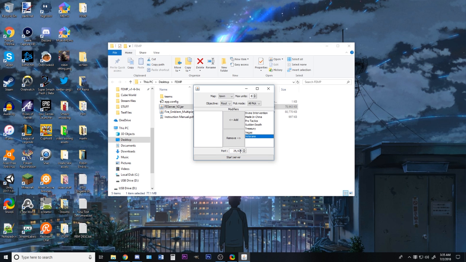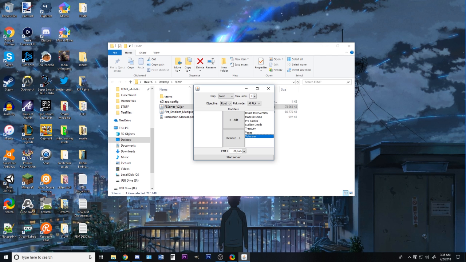But basically, when you're starting the server, you want to pay attention to this thing right here. This is your port number. So when you port forward, it says don't change this unless you know what you're doing. So when you go into your router and it needs a port number, make sure you use this port number, which is 25525. And once you use that as your port number for port forwarding, again, I can't really explain it, but what I can do is, hold on one second, I'm gonna show you guys how it looks for me